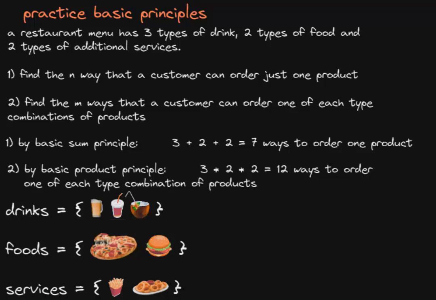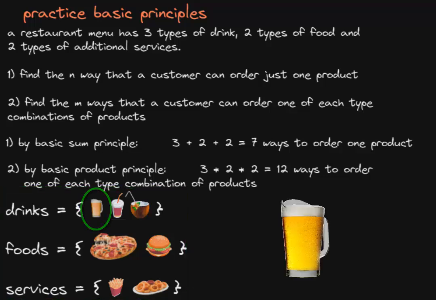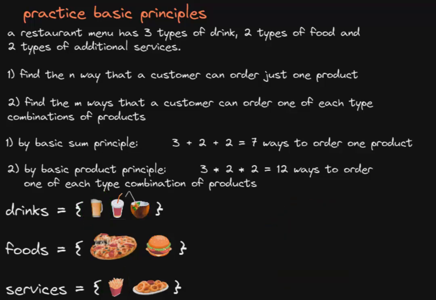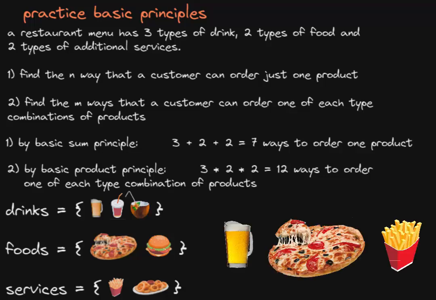Extending the idea of an event of ordering a product, we have three sets. The first with 3 drinks, the second with 2 foods, and the third with 2 additionals. If a customer wants to order one single product, there can be 7 different orders. It can be only a beer, only a fries service, etc. If the customer wants a combo with one of each type without considering the final order of the combo, there can